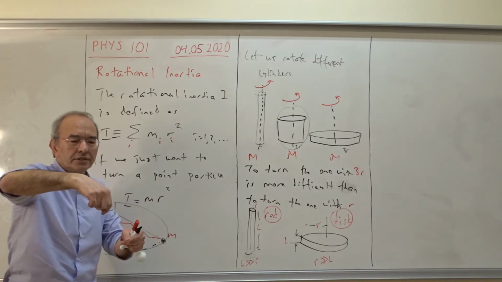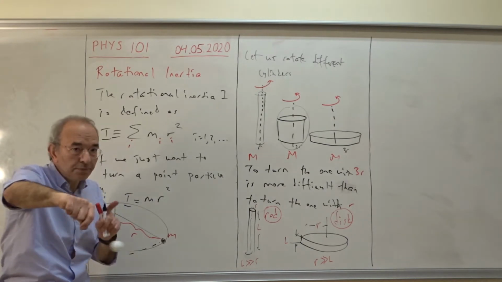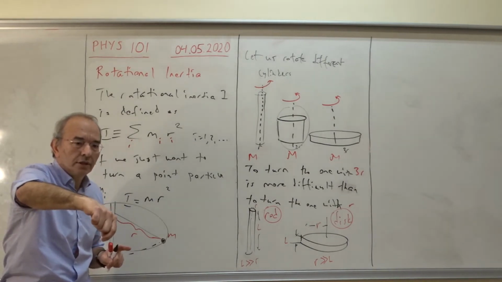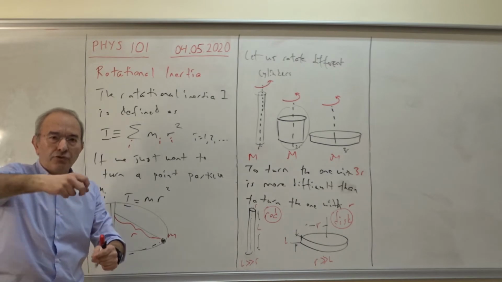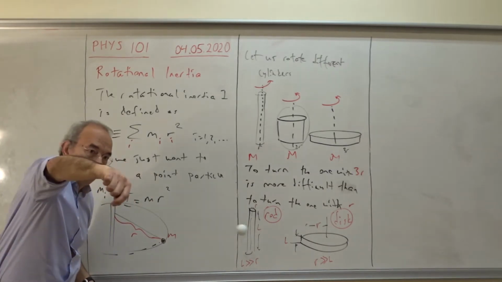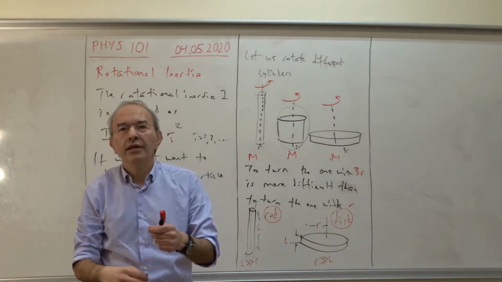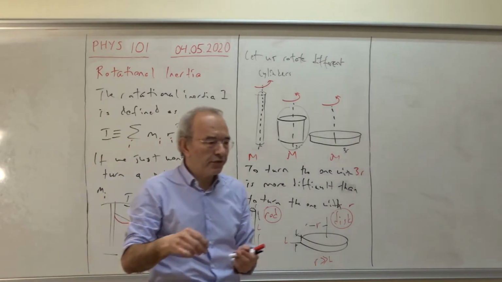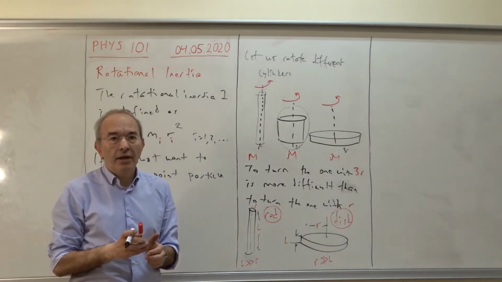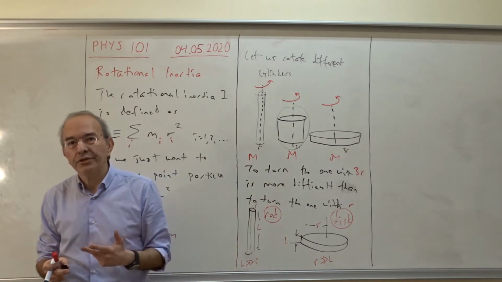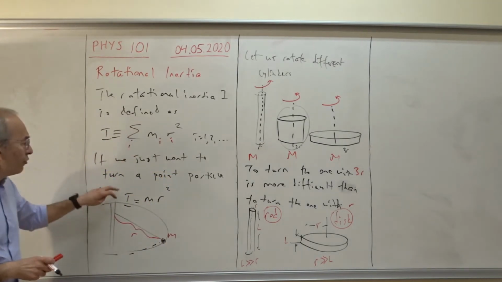If you increase the radius of rotation, not the radius of the particle, let me repeat, because this is a point particle and we turn it in a circle of radius r, now this is more difficult. If you still increase the radius of rotation, such as this one, it is more difficult than the first two. Of course, it is not easy to detect the change in difficulty for such light objects, but if it were made of iron, lead, some material having greater density, of course it would be much more difficult. So for a point particle,